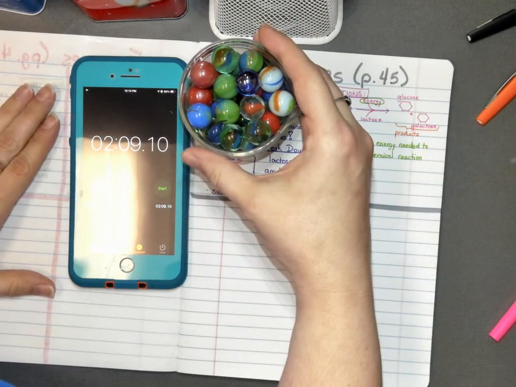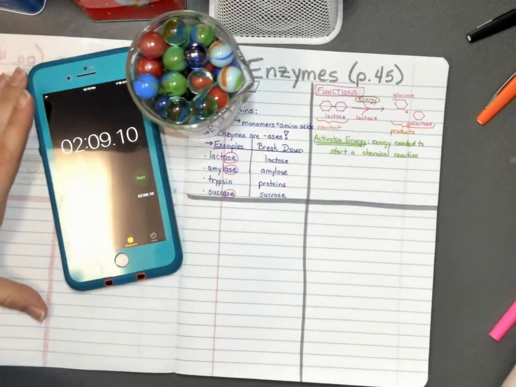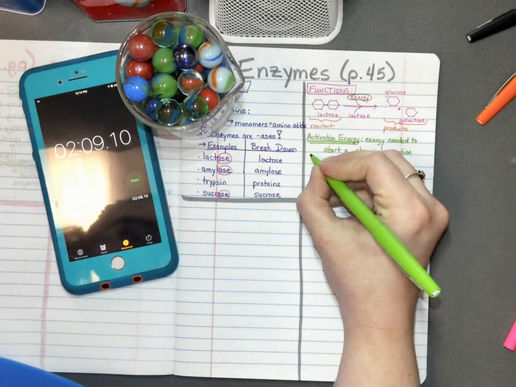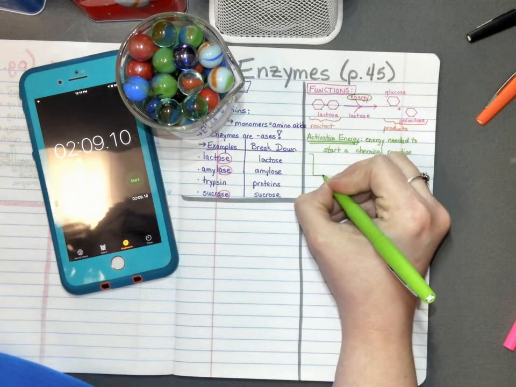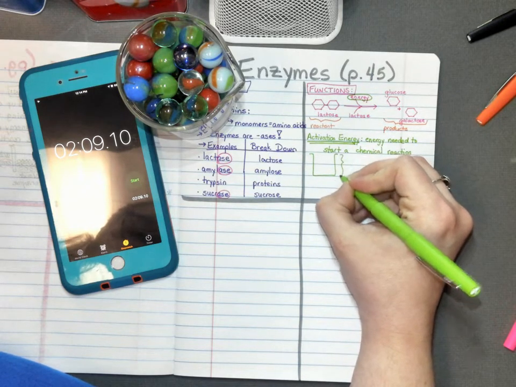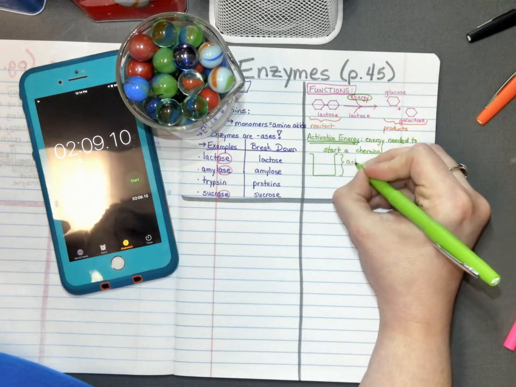All right, so let's start, and let's draw a picture here. And let's show our green beakers. So this here is activation energy needed.